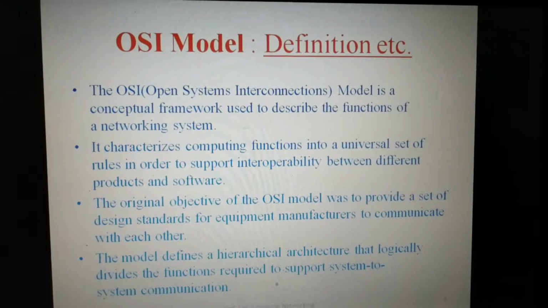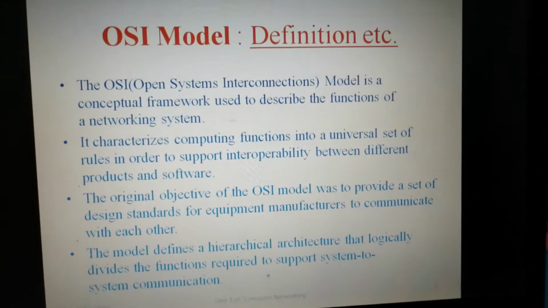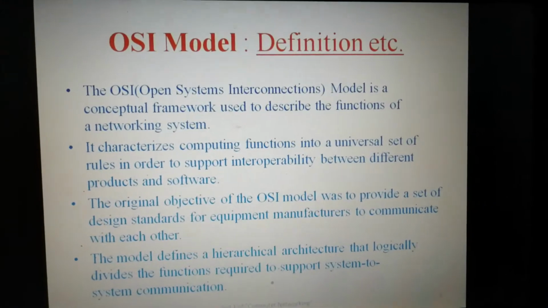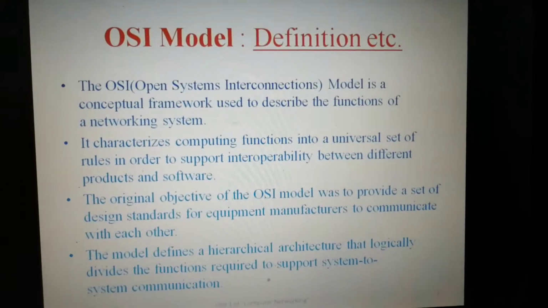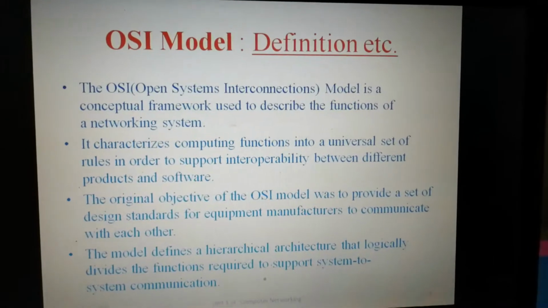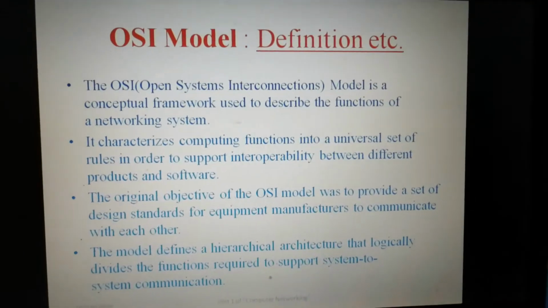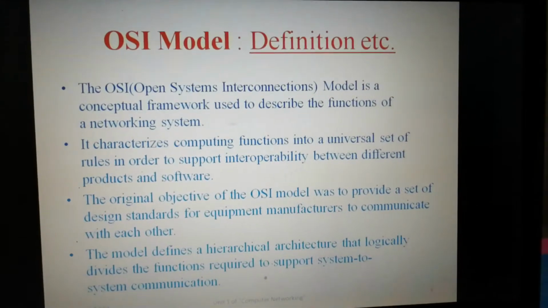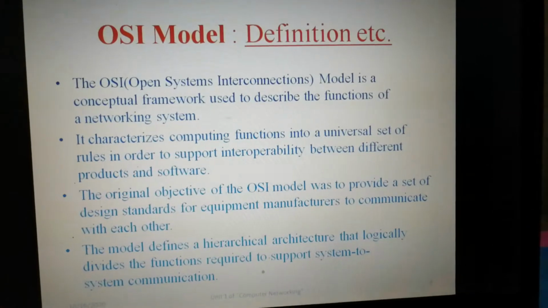What is its definition? What are the details? Fine. So, point number 1 says the OSI or Open Systems Interconnections model, OSI model, is a conceptual framework used to describe the functions of a networking system. Point number 2, it characterizes computing functions into a universal set of rules in order to support interoperability between different